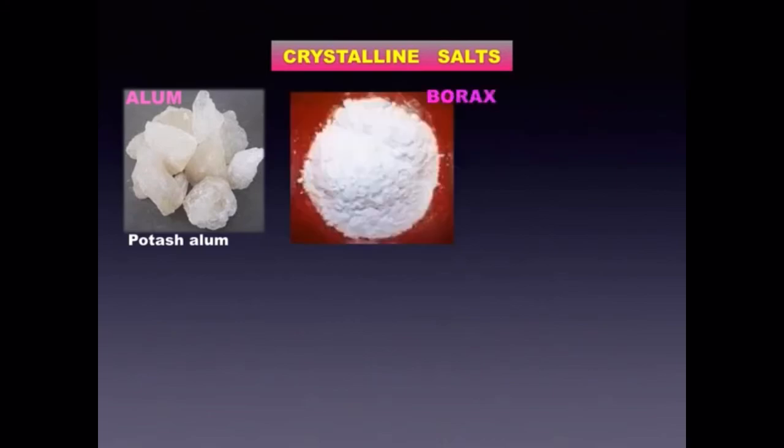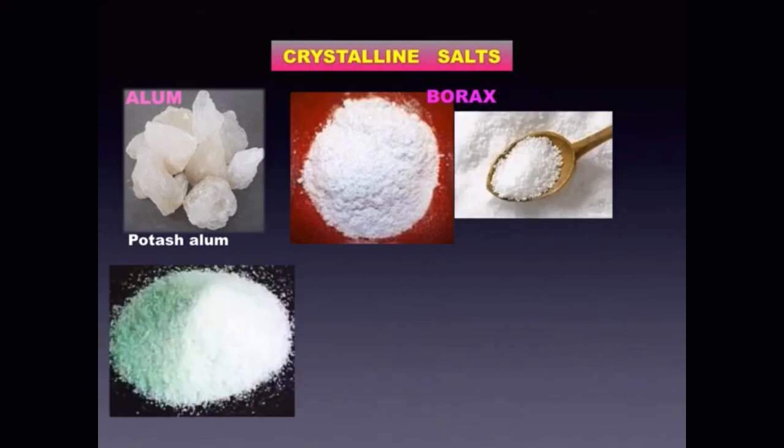Next, we shall see about a few crystalline salts, as we have already studied, salts which contain water of crystallization. Now, the first salt we shall see about is alum. We have already studied that alum is used in the process of water purification because of its property of coagulation. The solid particles in water come together, become heavy and settle to the bottom. As a result, the water above becomes clear. The next crystalline salt is borax,